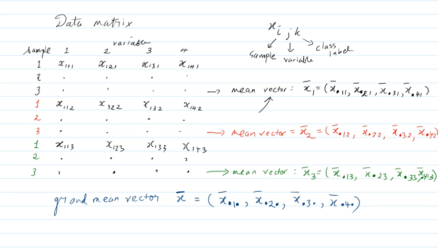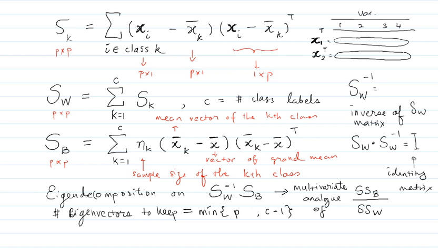So actually, to be precise, this should be a transpose. And if you don't have the transpose, the vector is instead of 1 times 4 here, it will be 4 times 1. So this is just a minor thing. Okay, so the quantity that's computed, the matrix S subscript K, is basically some kind of an analog of the